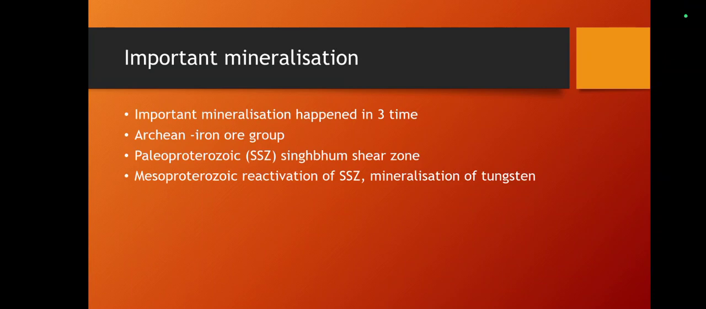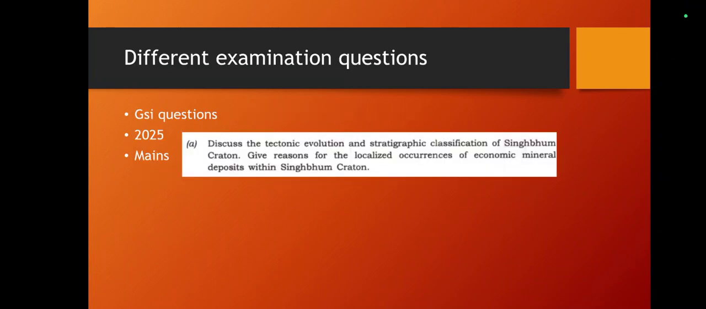So now this is the GSI question asked in the last 2025 year of mains examination, where you can see the question asked about the discuss the tectonic evolution and stratigraphic classification of Singhbhum craton, in which in this particular part 1 of this question you can tell the different, that is how it got nucleated, amalgamated, and finally stabilized, and you can also write the logic behind the different